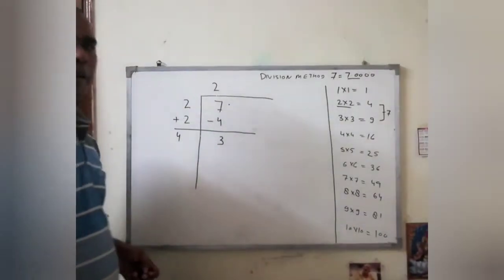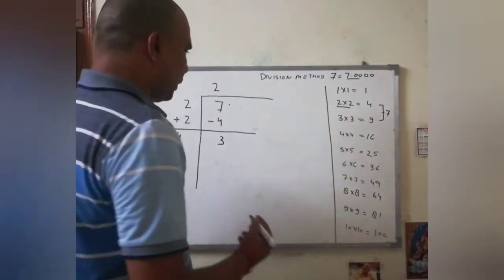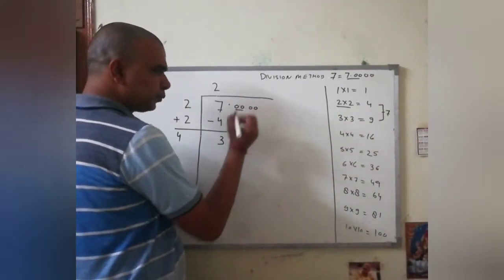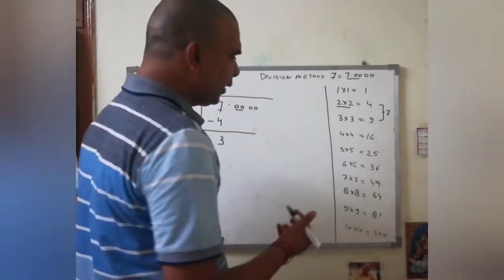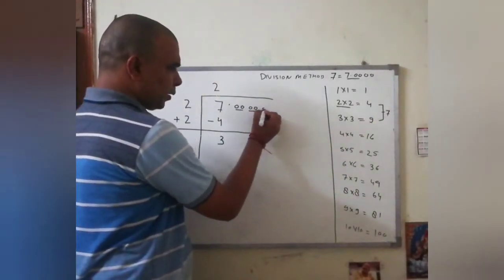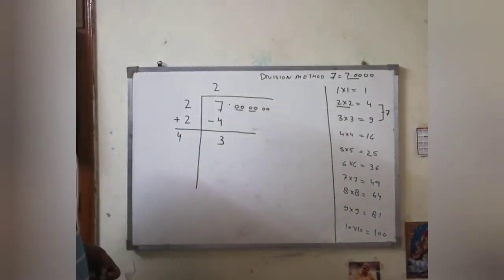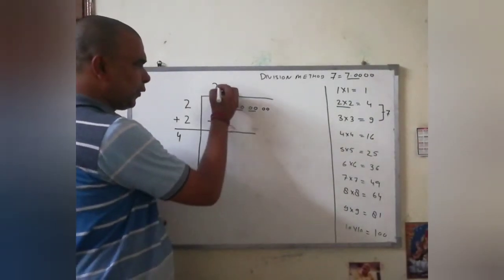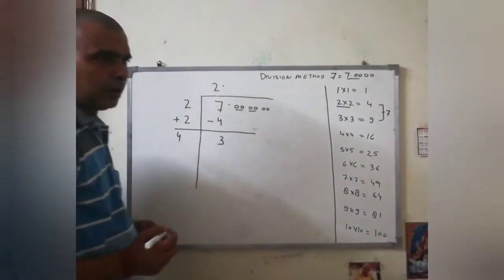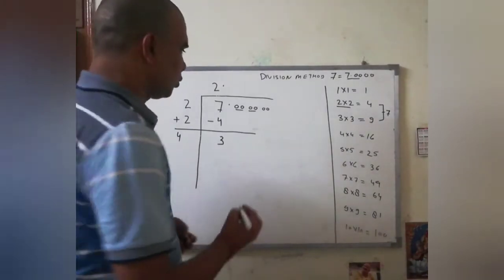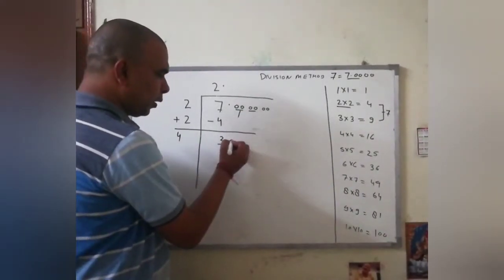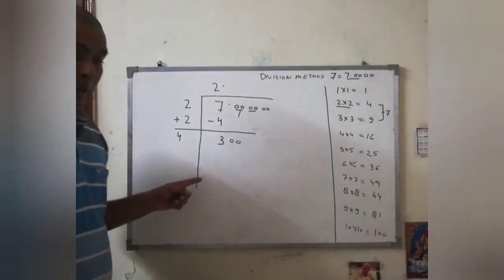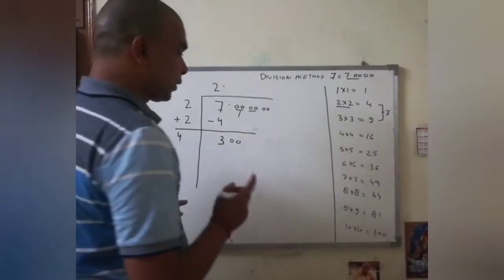So we can extend 0s in pairs, meaning 00, 00. If you want to take more, you can extend it. Now we get more 0s after the point here, and we can use the point here also for the answer. So we can copy these 00 after 3. Now we will do the same thing as we did in the previous example.